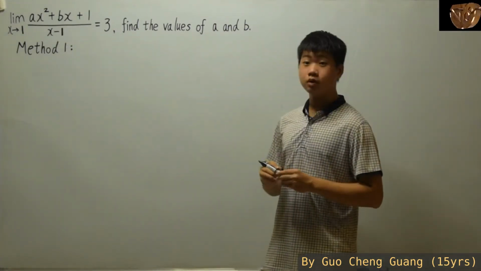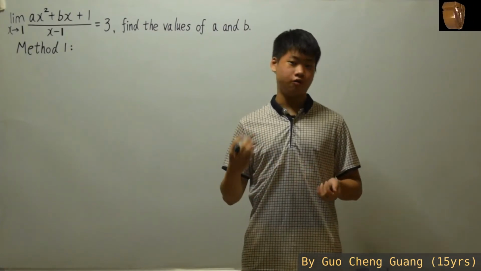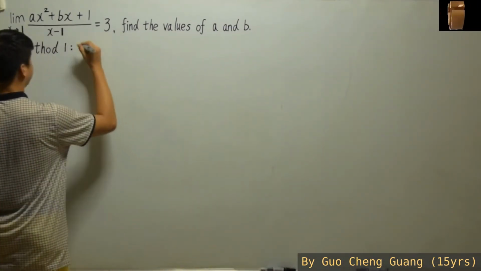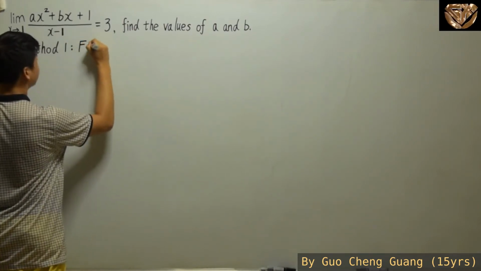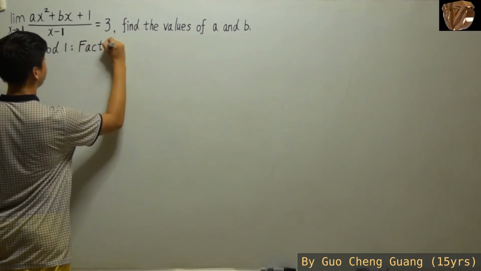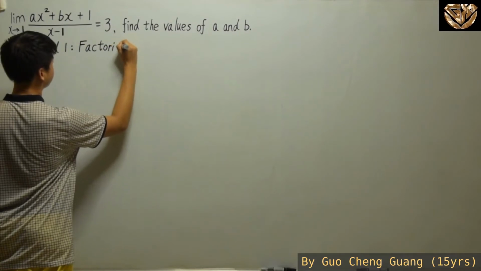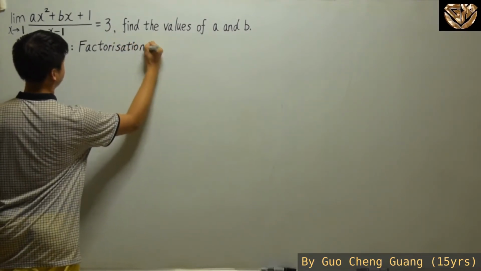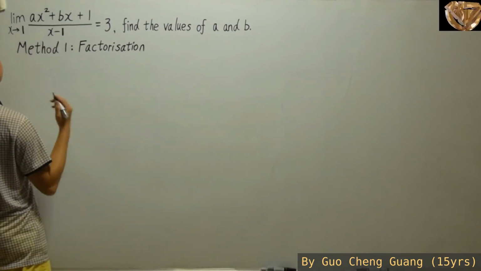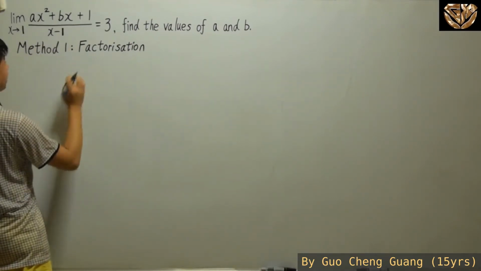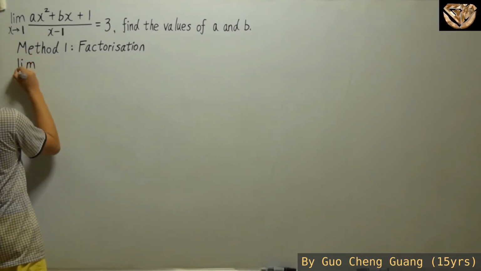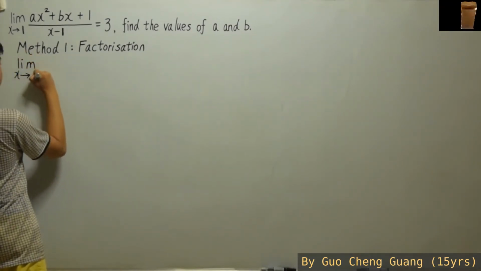Of course, one of the more obvious ways is to directly use factorization if you have not really learned any other special methods to solve limits. So, factorization. Now, how are we going to factorize whatever we have up here? Since we do have the limit as x approaches 1,